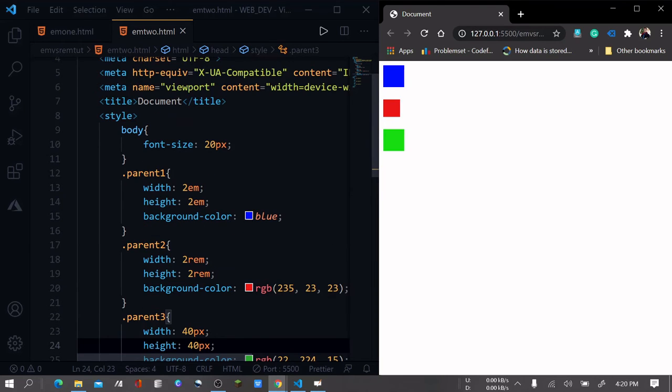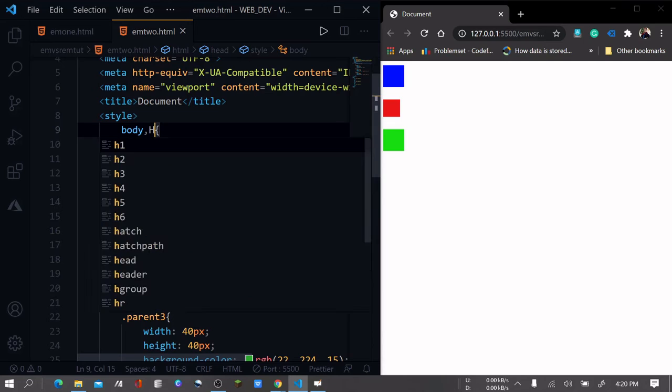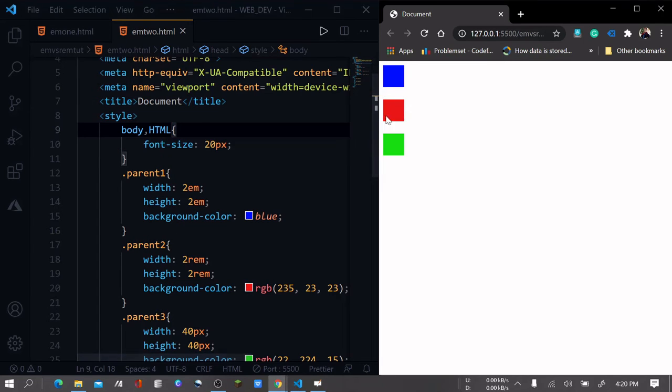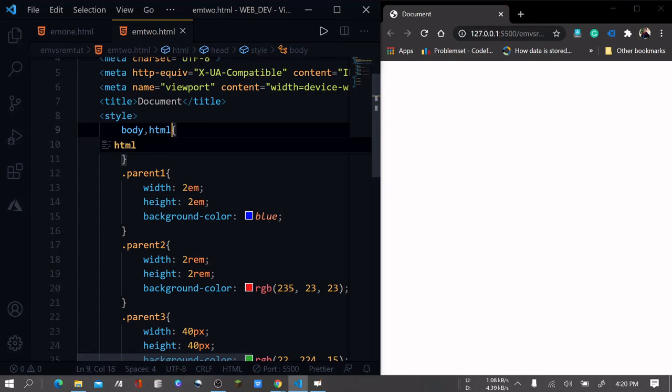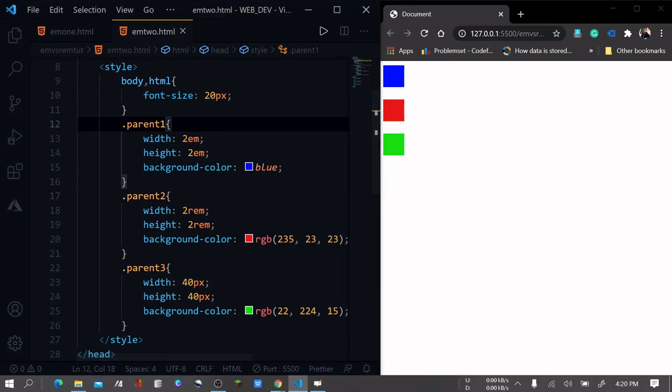And if I come over here and include HTML also here, I must write it in lowercase, html. Then the second one also becomes the same. Now all these three are the same, because the first one is 2 em, which means twice its parent.